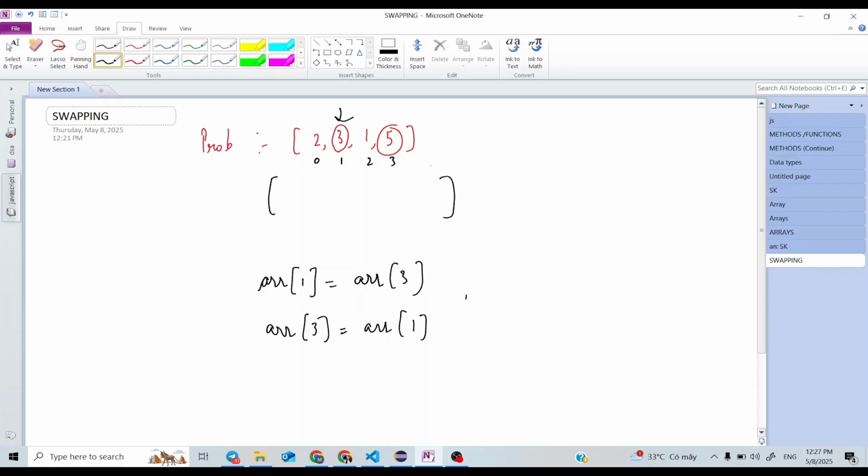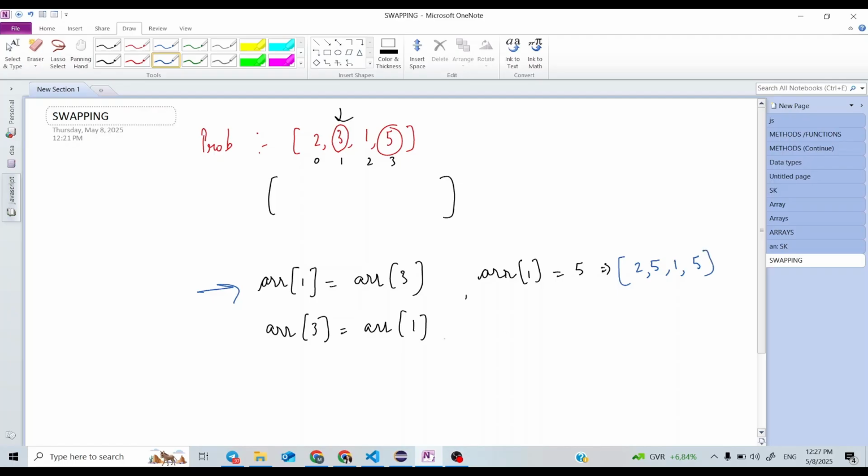So let us see how this will work. At array of 1 I am putting array of 3, which is 5. So after this line my array will look something like 2 5 1 5.